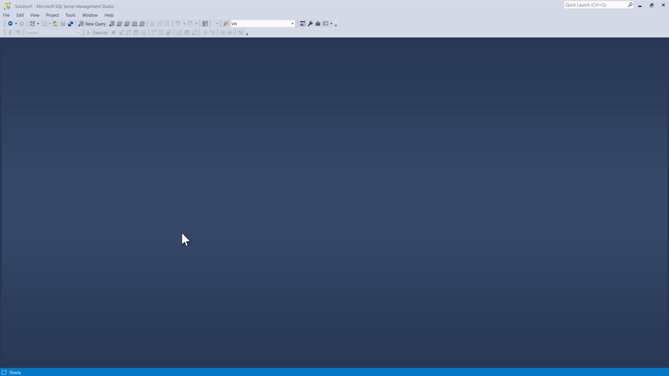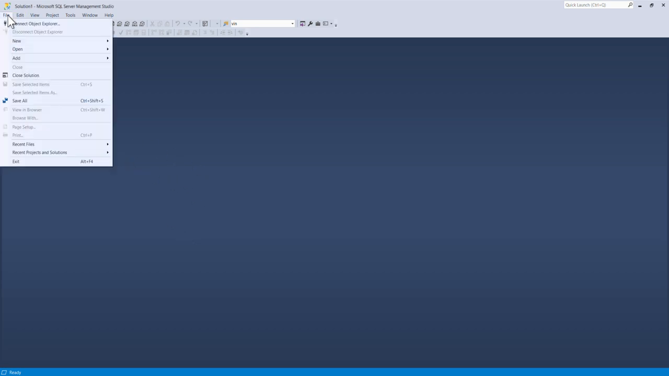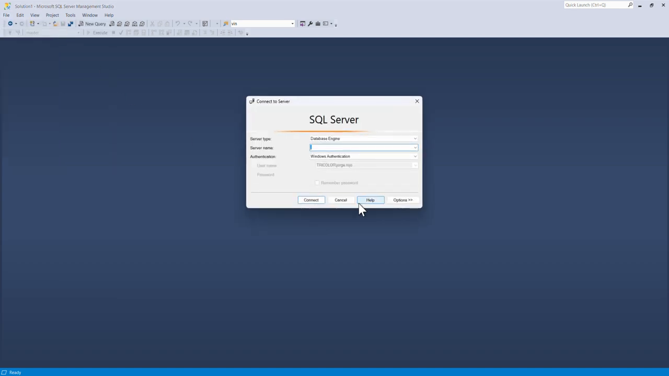Okay, once we have installed SQL Server Management Studio, the first thing that we want to see is the file, the Connect Object Explorer. If we go here, we will have all the data here: the server type, database engine, server name. If we want to head for a local server, we are just going to insert a dot,